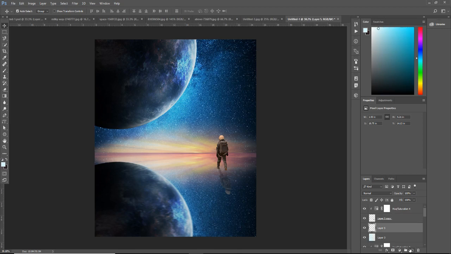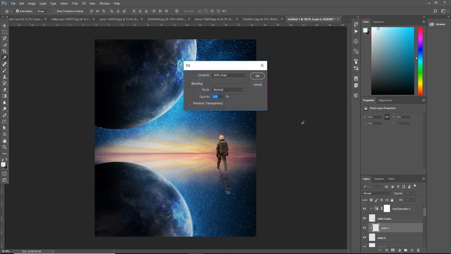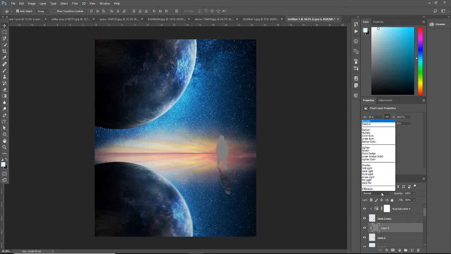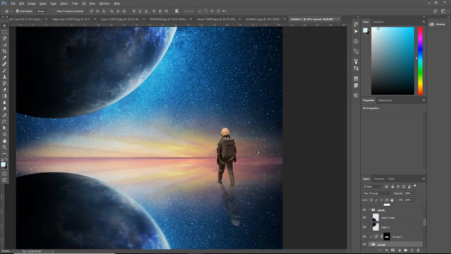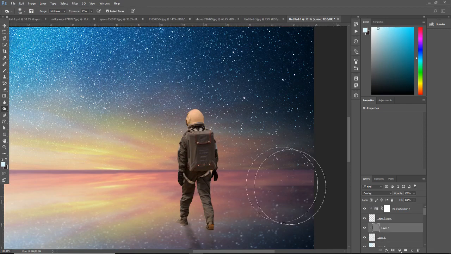So the next thing I'm going to do, I'm just gonna make a new layer, make a clipping mask, then fill it with gray, go to overlay, zoom in and grab the burn tool, just give it some dodge and burn here, make the exposure a little bit higher,